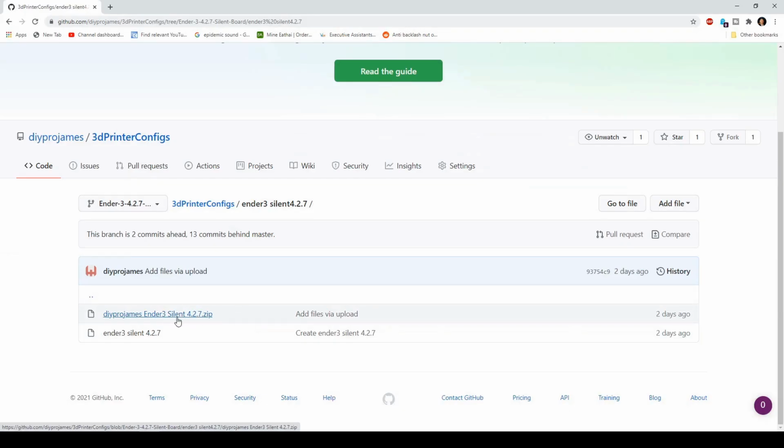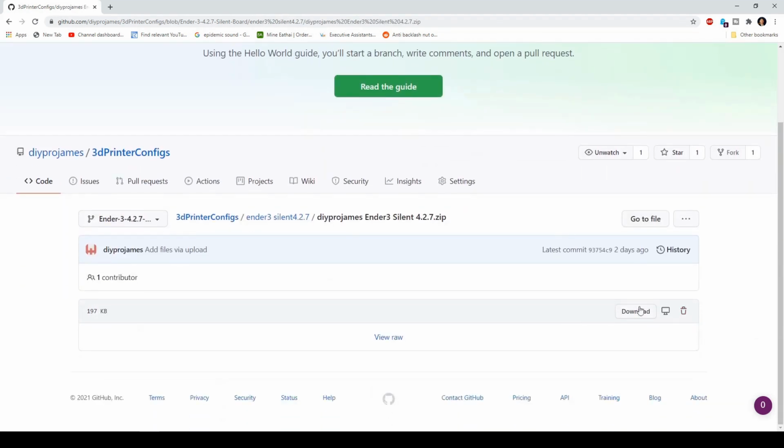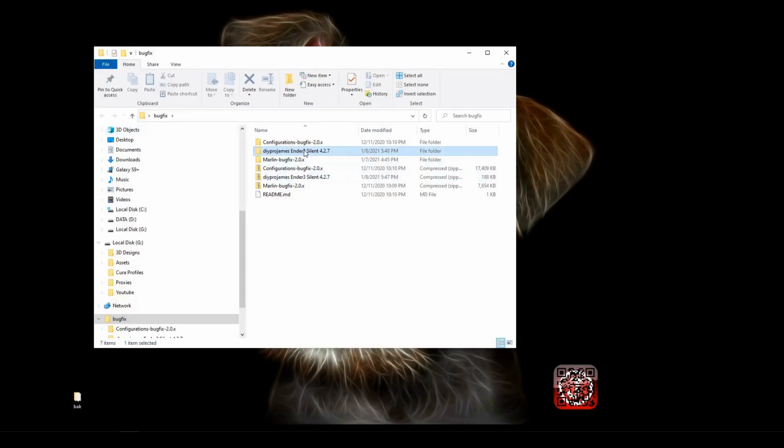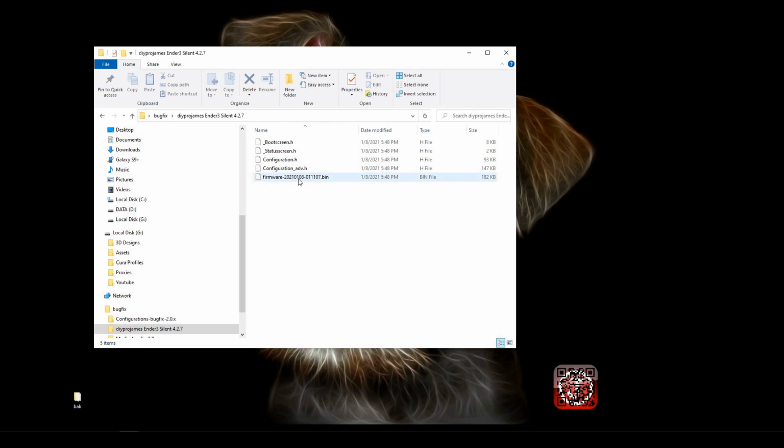I'm going to provide you a link to my GitHub page where you're going to be able to download my configuration. This download right here. Just click on this download, save it to your file, unzip it, and then you're going to find this right here, the firmware bin. You're going to copy this and paste it into your micro SD card,